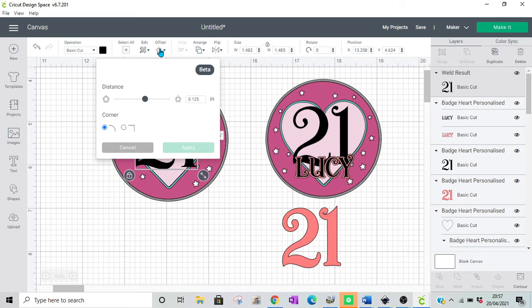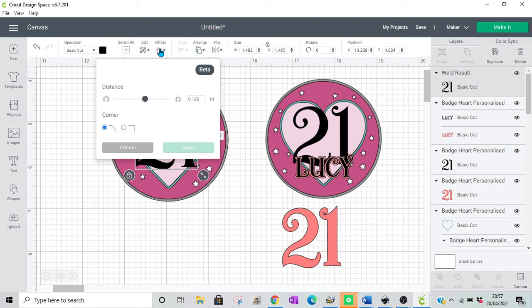This grey layer I don't really need for the purpose of this. I'm just going to hide it over here so that you can see. And I am just going to drag a box around these all and hit center. It's not quite center because this heart is not quite center. So I am going to bring over the shadow layer of my heart and I'm going to click the blue